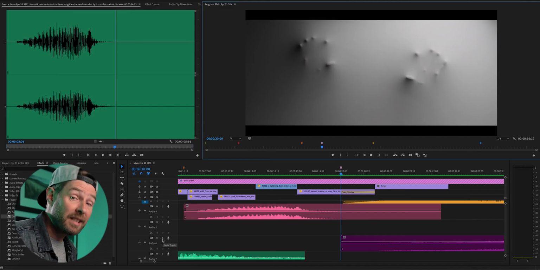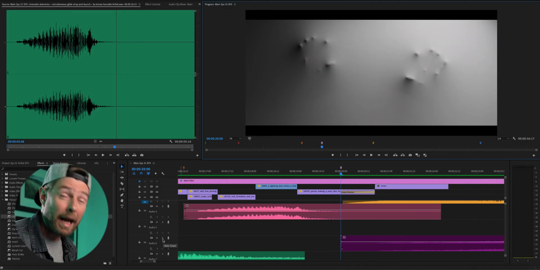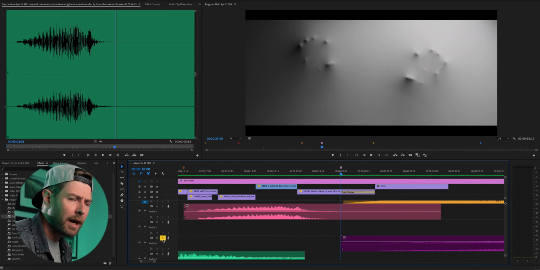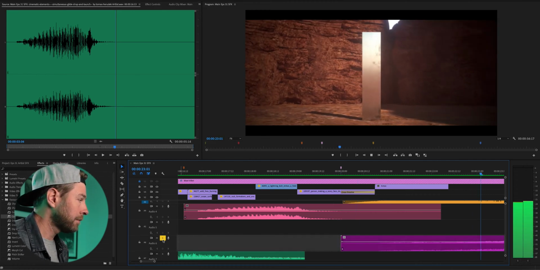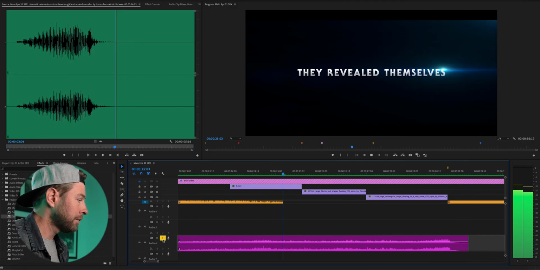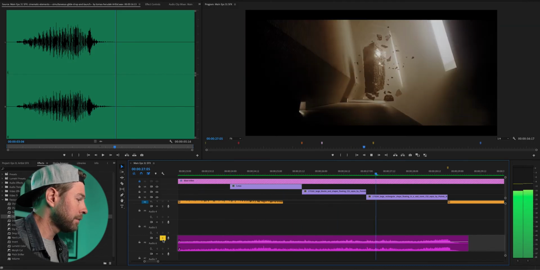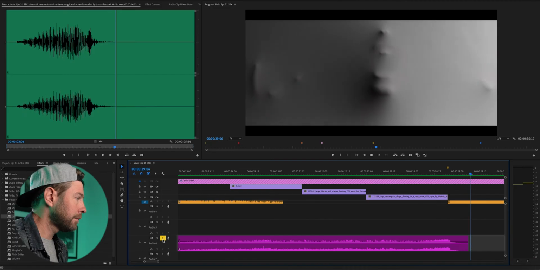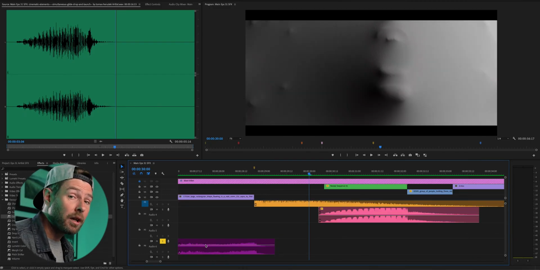One of the most common sound effects to use in trailers is the classical whoosh. There are many different kinds. Let's have a listen to the one I have used in this trailer. It's building up to the next scene coming. The difference between a stutter, for example, and a whoosh is that a whoosh is usually just